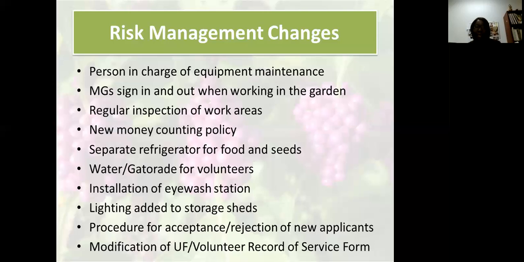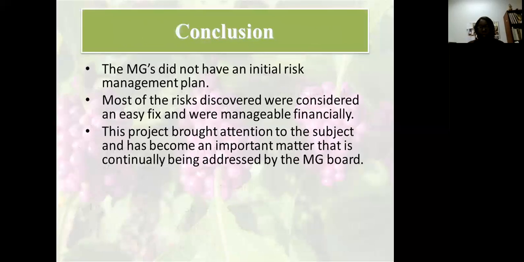to add the next of kin or the person to contact if a master gardener ever gets injured, or what allergies they have, or health related issues they may have that might be of concern if something happens to them while they're here. So those are the major changes that we've implemented.